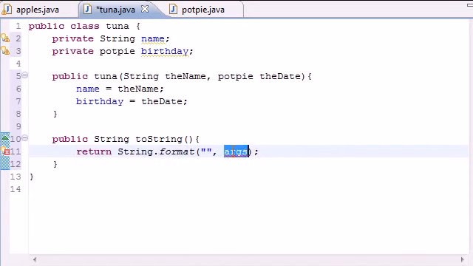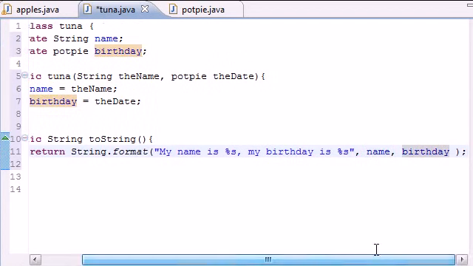I want to do the work myself. In our format, just put my name is %s, and that's going to fill in your name. And then let's put my birthday is %s. And here's where it gets kind of tricky. Name,